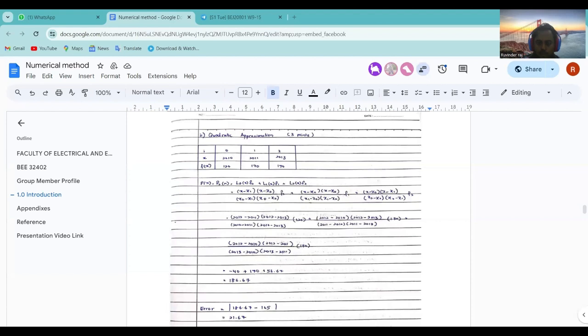And for quadratic approximation, we need 3 points that are closest to x, which are 2010, 2011, and 2013. The closest point is 2012. So using these points, we can form the Lagrange polynomial for quadratic interpolation. So we can use this formula, and by using this formula,